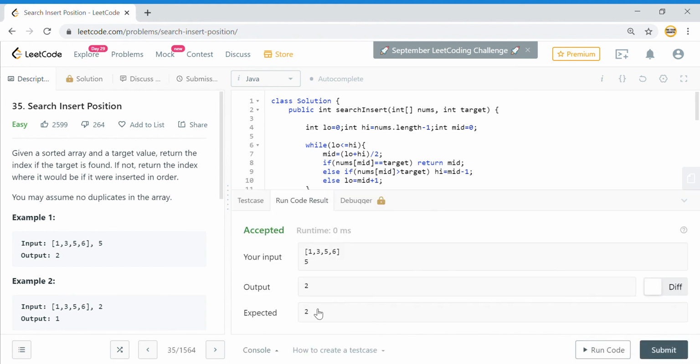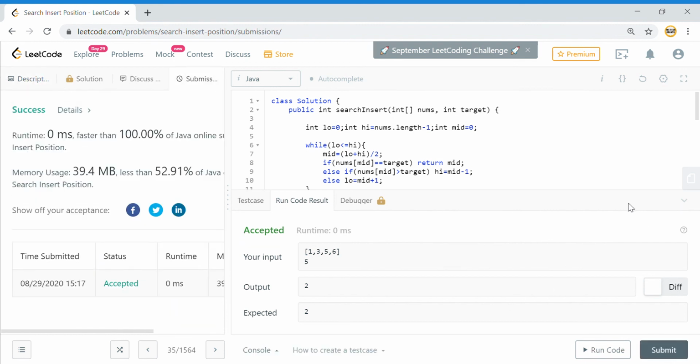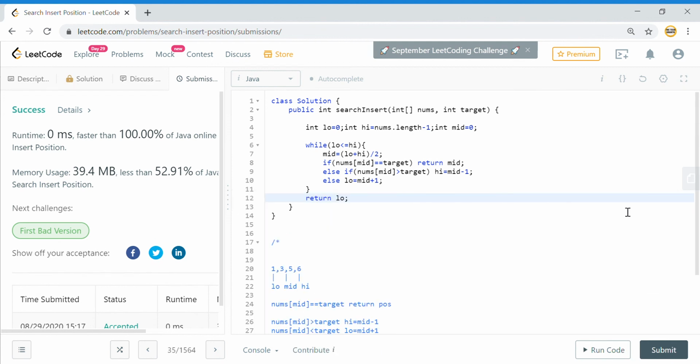That's how you solve this problem, and that is how you will do any binary search when you get it in future. Do practice binary search a lot, because it may not be asked directly in your interview question, but a lot of problems will involve using binary search as an interim solution, and you need to do binary search first and then get to the actual logic or the actual solution. So that's it for this video.